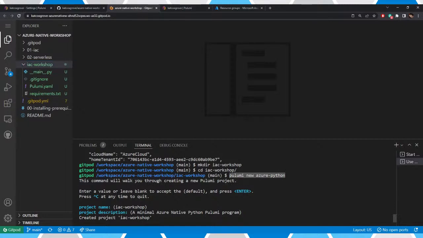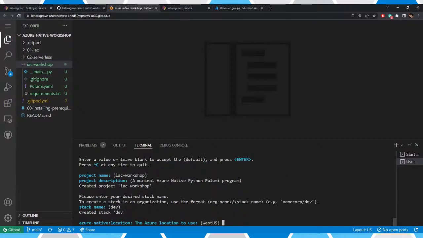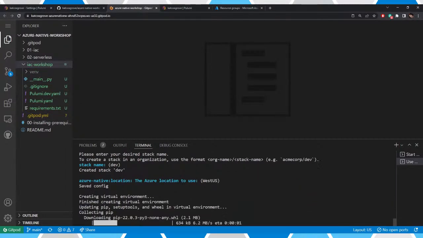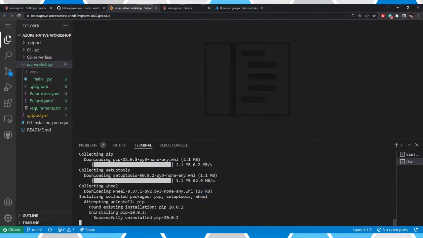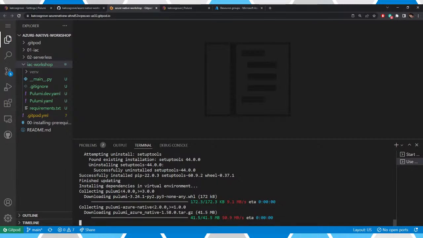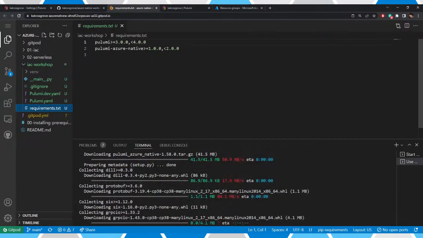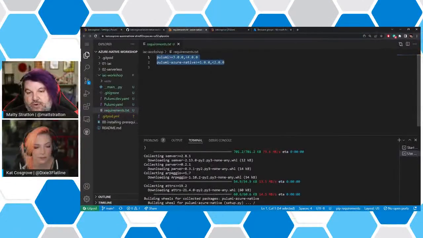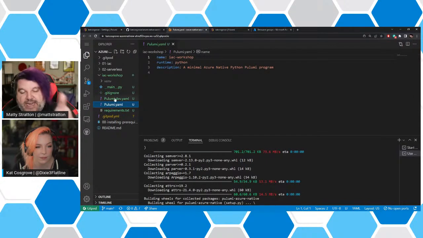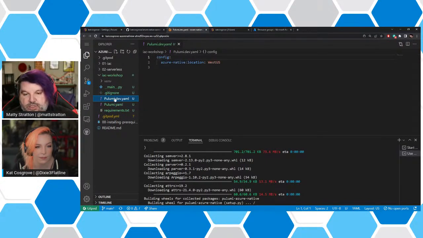So there are different templates. You could say, for example, Pulumi new Python, and that would generate a Pulumi program that was scaffolded just for Python. In this particular case, there was an Azure one, which did a few things. If you know anything about Python, which I know very little, there's that requirements.txt. This is saying these are the libraries or the packages that are needed for this program. Because we did the Azure Python one, it added the Azure provider to that.